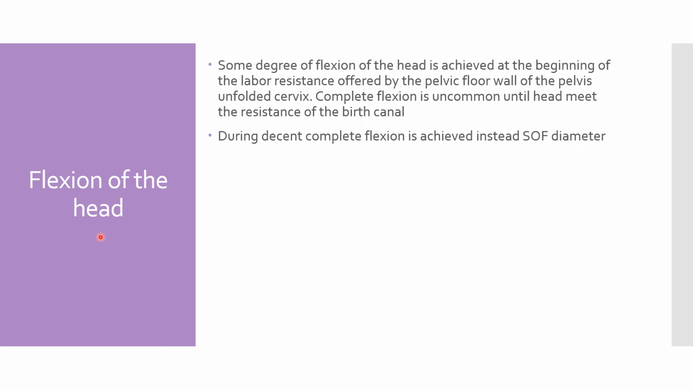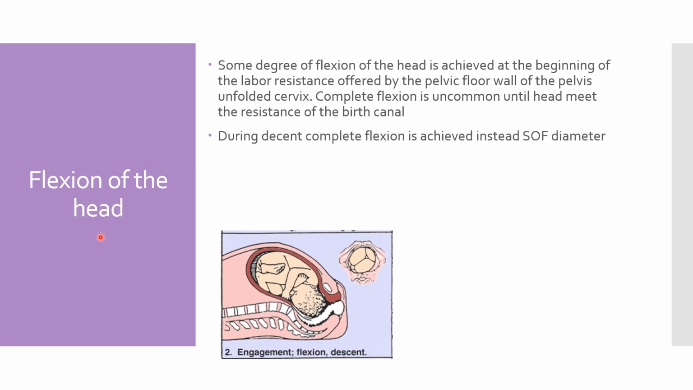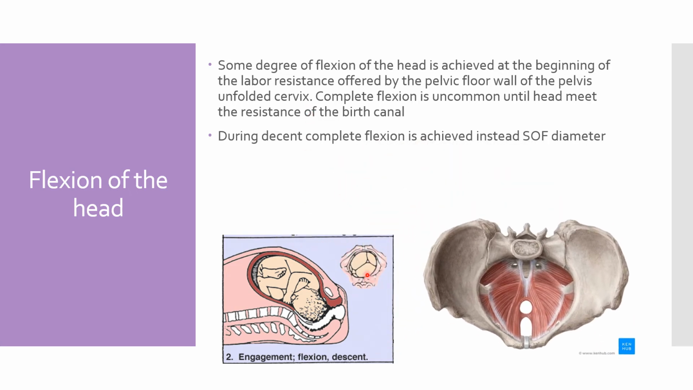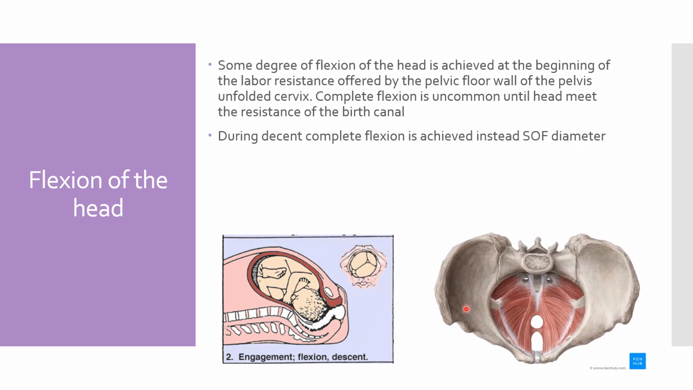Once the head meets the resistance of the pelvic floor, there will be flexion of the head. Some degree of flexion of the head is achieved at the beginning of labor. Resistance is offered by the pelvic floor muscles and the unfolded cervix. I already told you, once the head meets these pelvic floor muscles, when the fetal head reaches here, flexion of the head occurs. Okay,